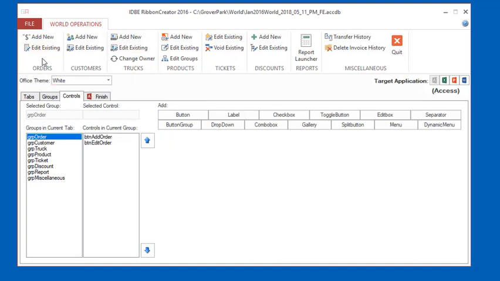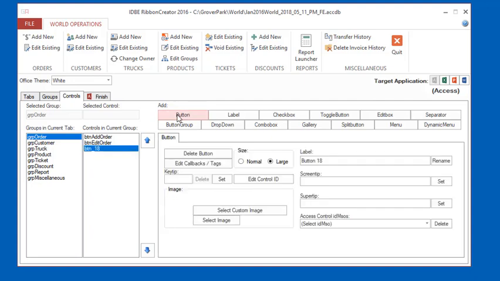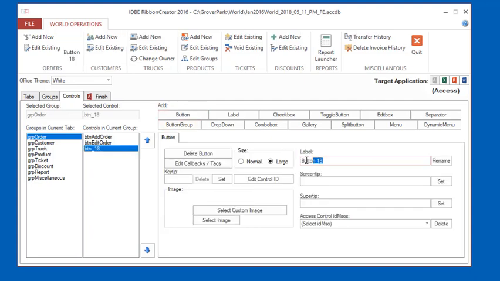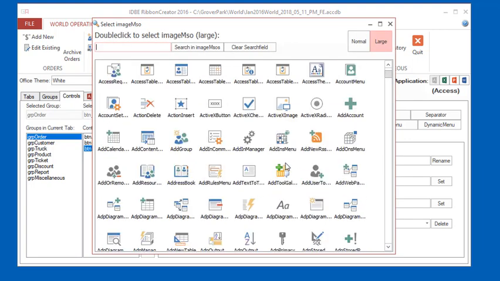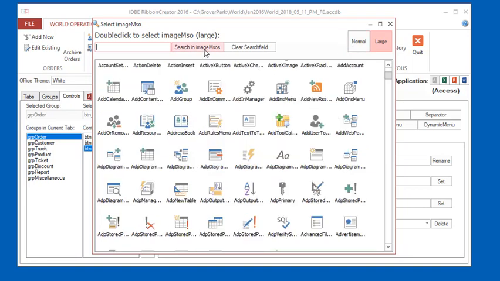Okay, so what we're going to do now is add a new button in the Orders group. Click the button to insert the new button. It by default is given the next number in sequence, so it's going to be called button 18. We're changing the label on it to Archive Orders. Click the Rename tab to make sure it selects that name. Select an image for it, or an icon. In this case,